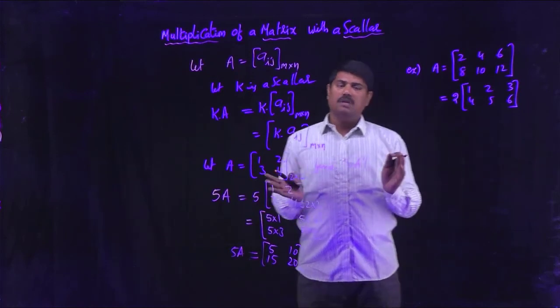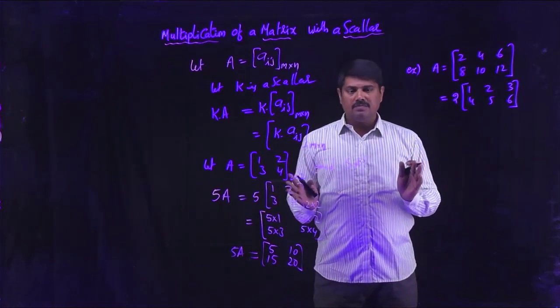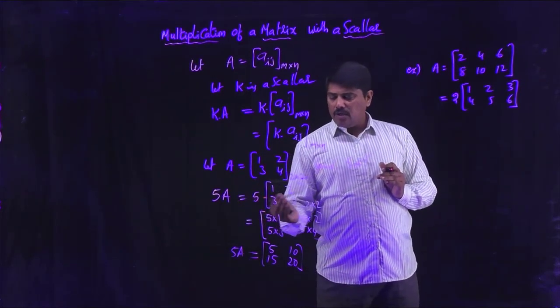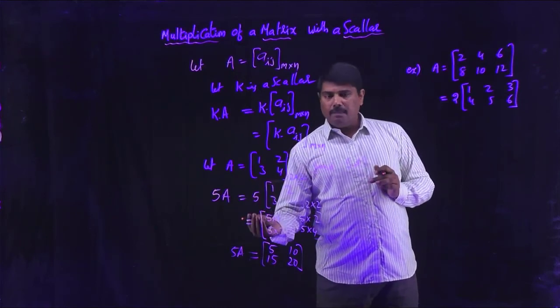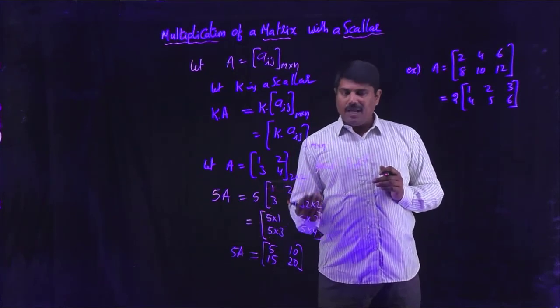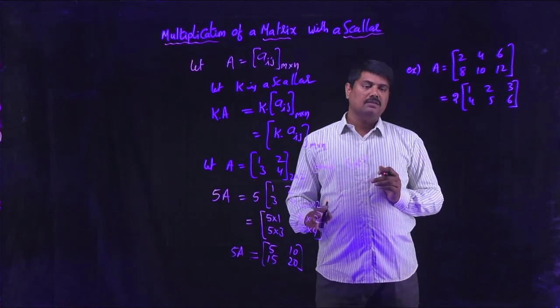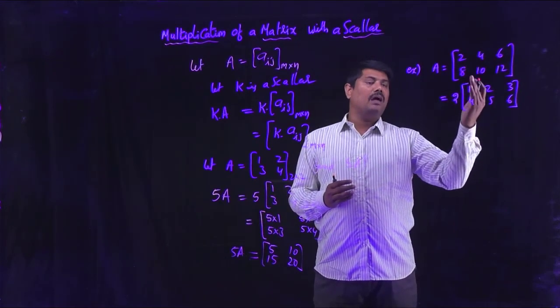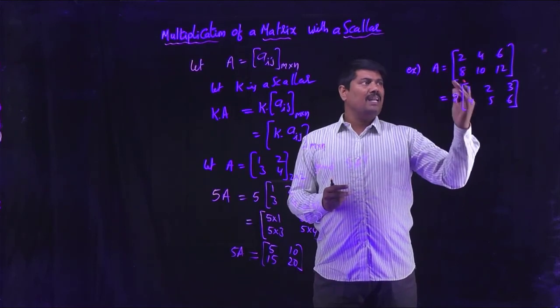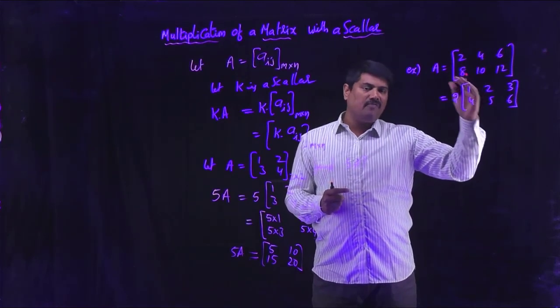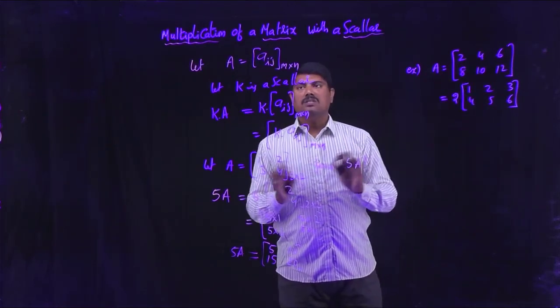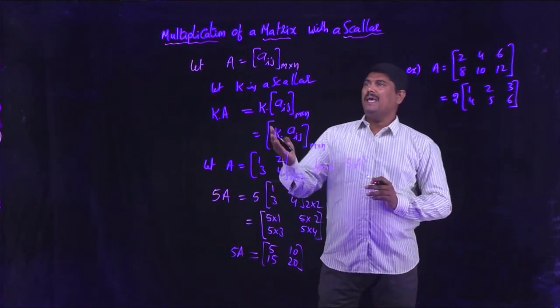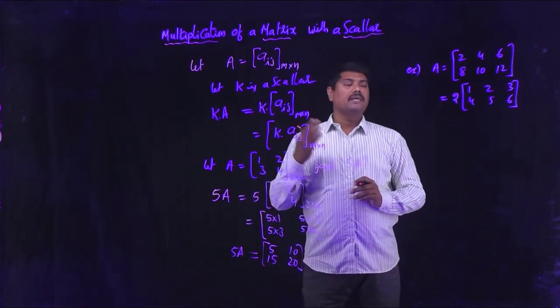So you have to observe it. So 2 points. Multiplying a scalar into a matrix, you have to multiply the scalar with every element present in the matrix. In another version, separating a scalar from a matrix, that scalar must exist as a multiple of every element of the matrix. So this is how we can multiply a matrix with a scalar.